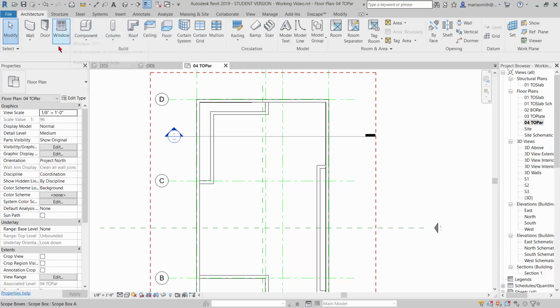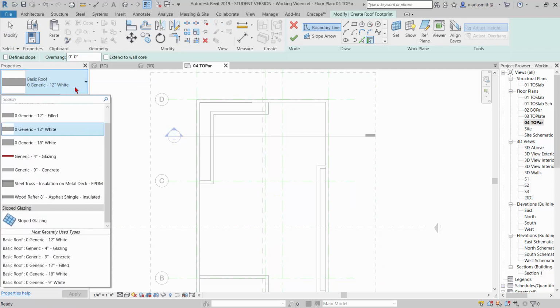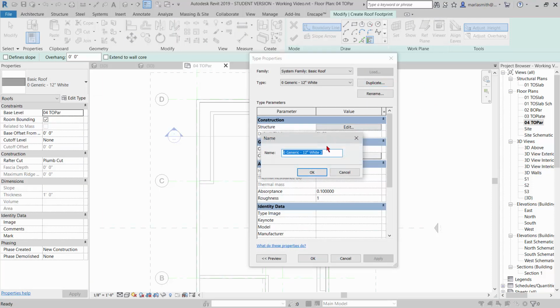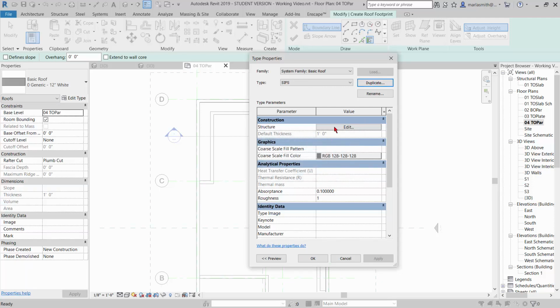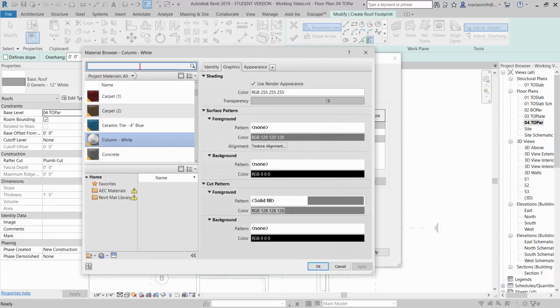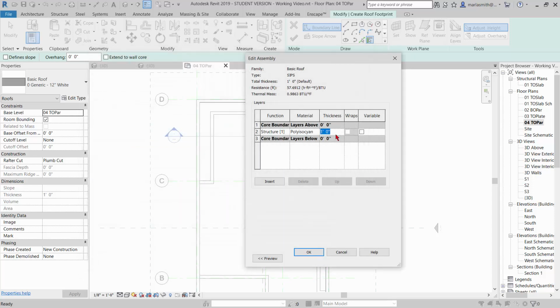So I'm going to go to my roof command, and I'm going to come in and just pick the generic 12-inch white roof. I'm going to go to edit type, I'm going to duplicate, and I'm just going to make a SIPS roof. Alright, click OK, and I'm going to edit the structure. I'll go get the rigid polyisocyanate. Click OK, and we'll set that at 11.25,